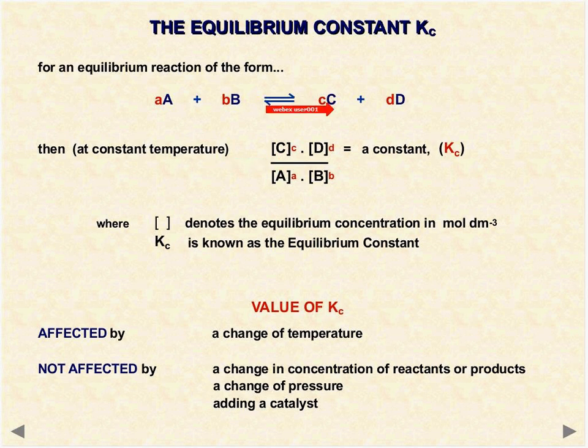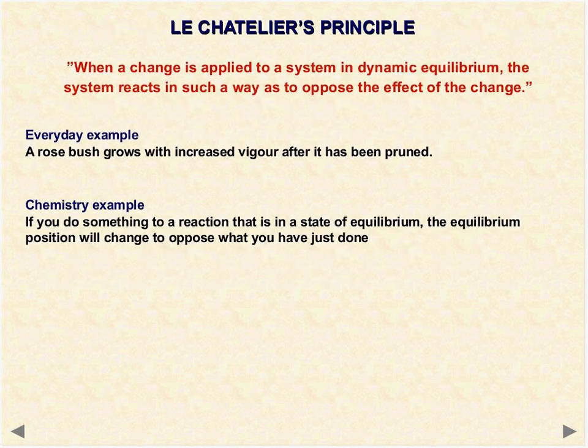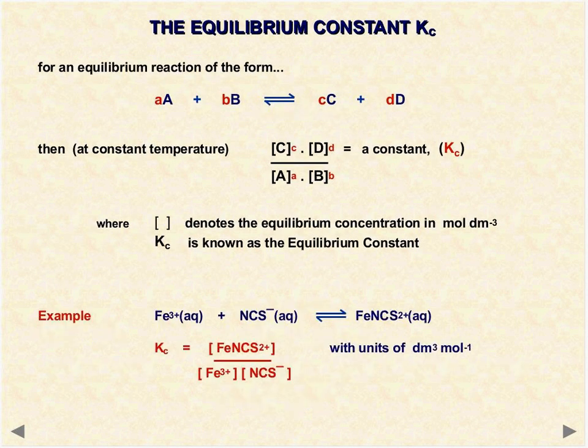We'll show you this example. Can you see this? It's raised to the power 1 because there is only 1 mole. This is a 1, this is also 1. All of them are to the power 1. In case it would have been like Fe3+ plus 2 times NCS minus giving 3 times this, then this would have been raised to power 3 and NCS minus would have been raised to the power 2. We'll see one of the examples of that kind as well.